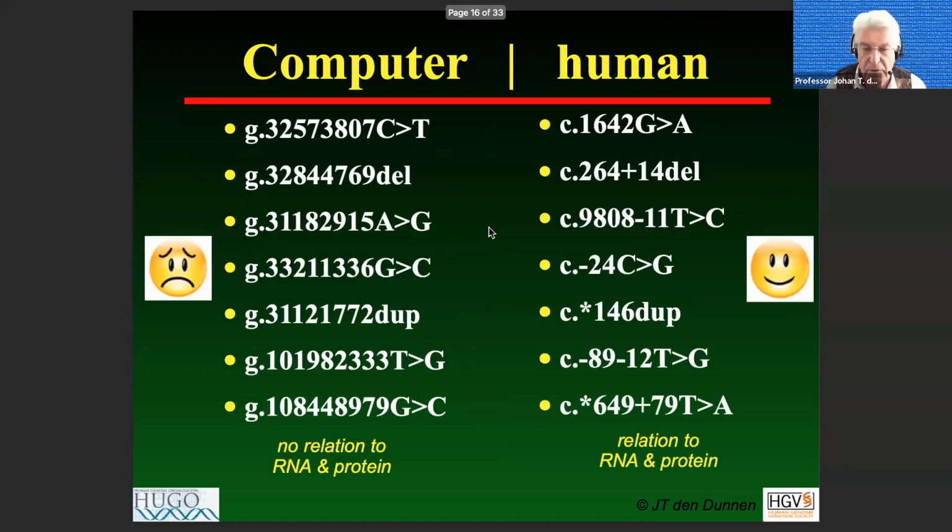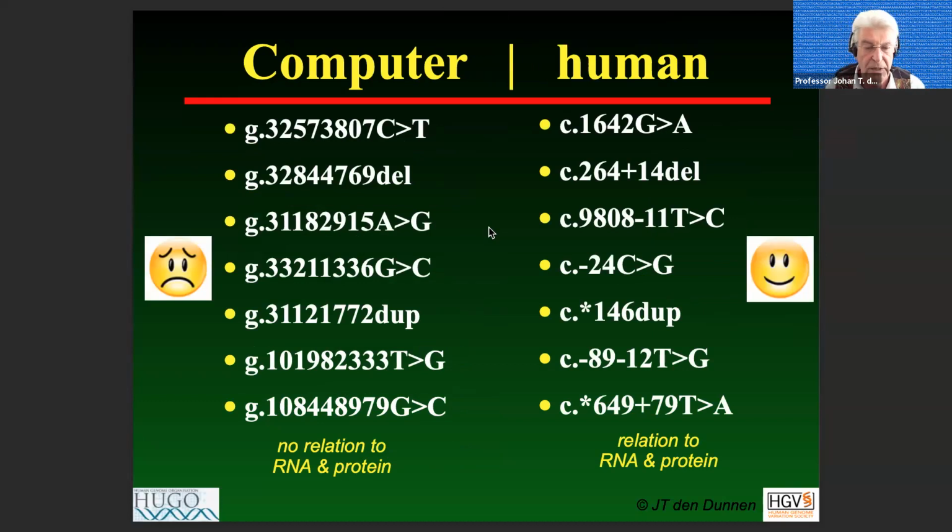So that's why humans prefer the coding DNA, a transcript-based reference sequence, where from the description you can immediately see where it is. Is it in the intron? Is it in the coding region? Is it in front of the ATG translation initiation site or after the stop codon? That is way easier. And that makes HGVS descriptions partly problematic because we have now designed a format which can